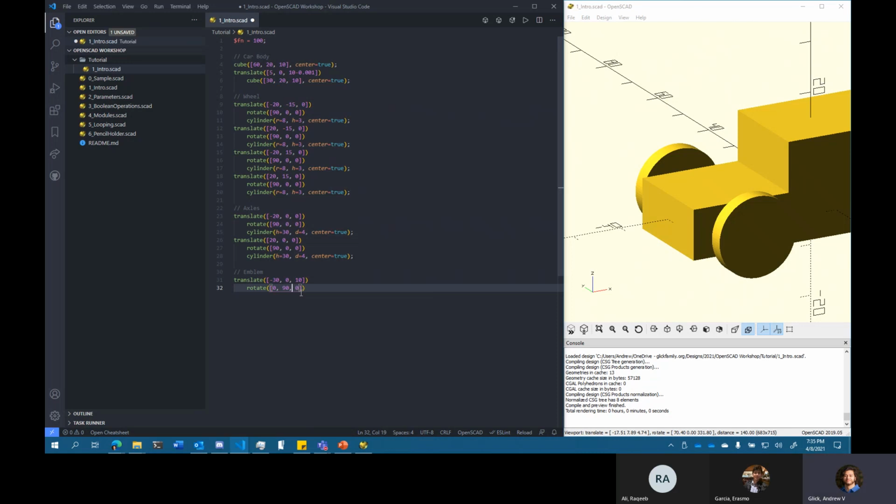So let's rotate on the y-axis here by 90 degrees, and then let's add a cylinder of radius maybe 3, height of 1, just for the thickness. And then here, because this is just going to be a circle, we want a triangle. There's not really a triangle tool in OpenSCAD, just circles. But what we can do is manipulate that $fn variable and say we want 3 faces, and there